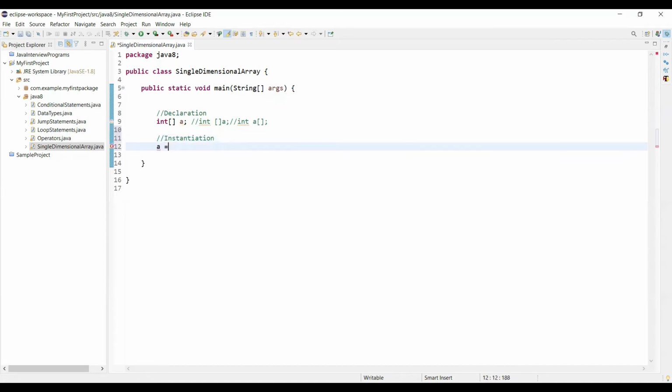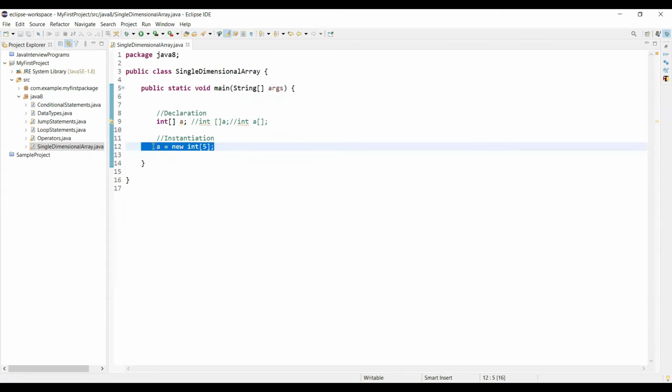We already declared an array to store some integer variables. So how many integer variables you want to have in your array, we are going to specify now. Say for example I wanted to store 5 integer values into my array. So this is how we need to instantiate the array.